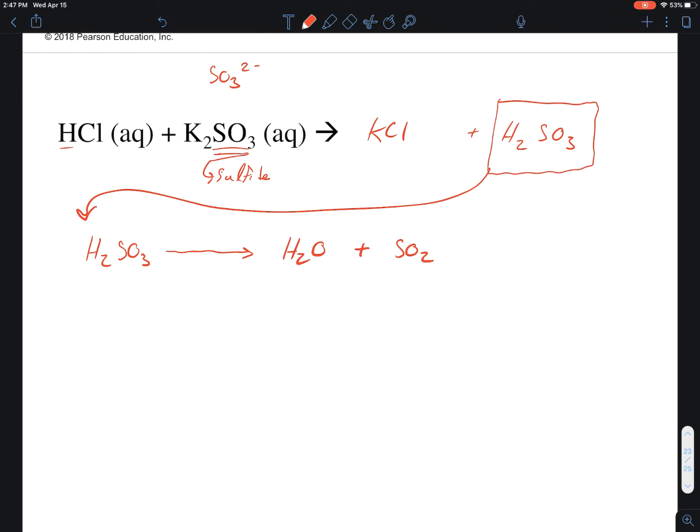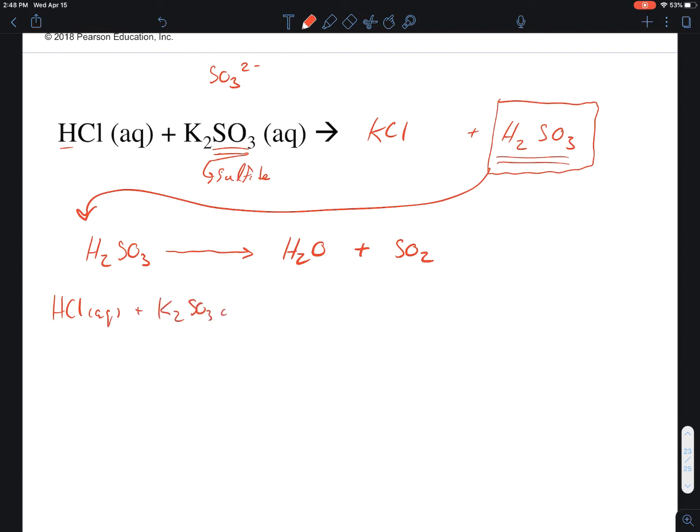What I'm doing is showing you the intermediate step. You don't have to show this intermediate step, but it's important to know that if you predict something like H2SO3, it actually is going to decompose into water. Your final balanced equation should look like HCl